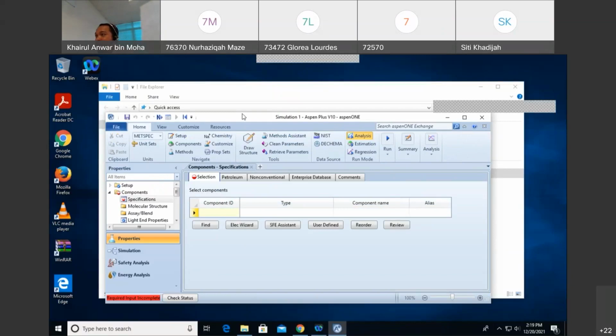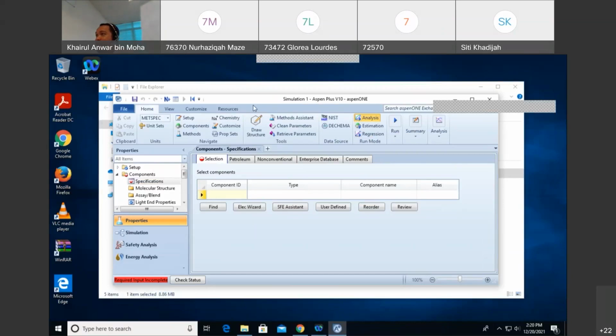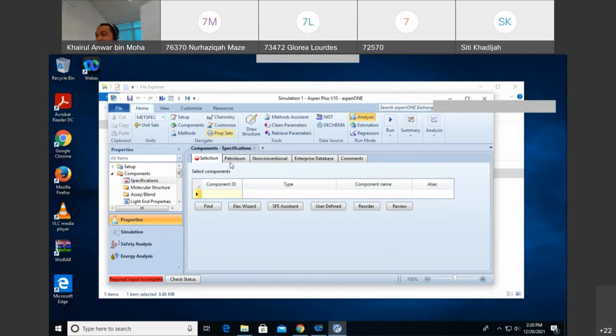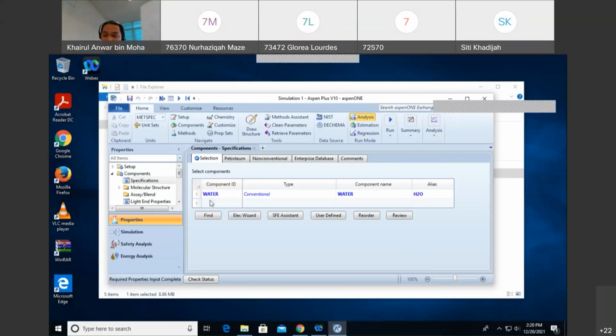Okay. I think most of you can do this up to this step. So to register the component, you just type water, enter. For MEK, you need to type the name because